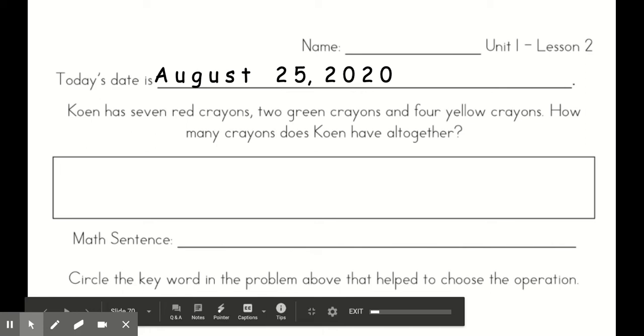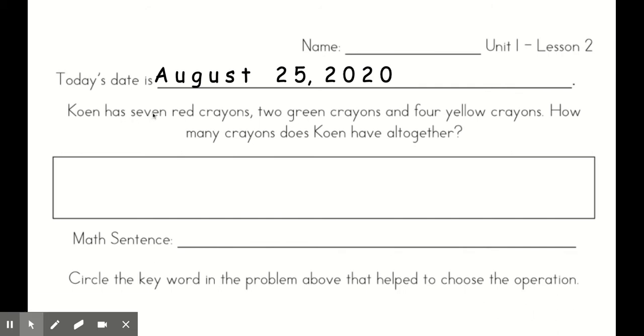So you also have a math sheet in your packet labeled Unit 1, Lesson 2. The first thing that you need to do is to print your name here at the top. And the date today is August 25th, 2020. So then you have a word problem here that says Cohen has 7 red crayons, 2 green